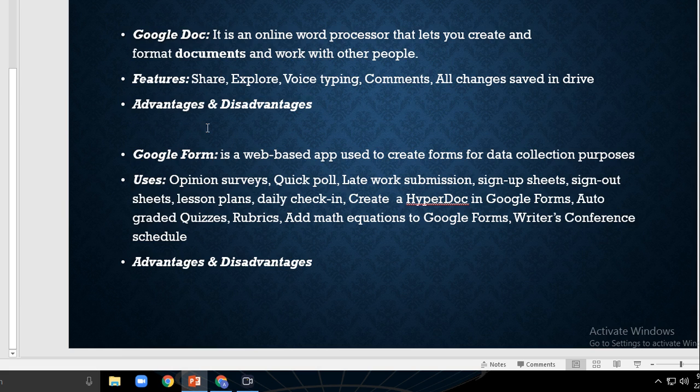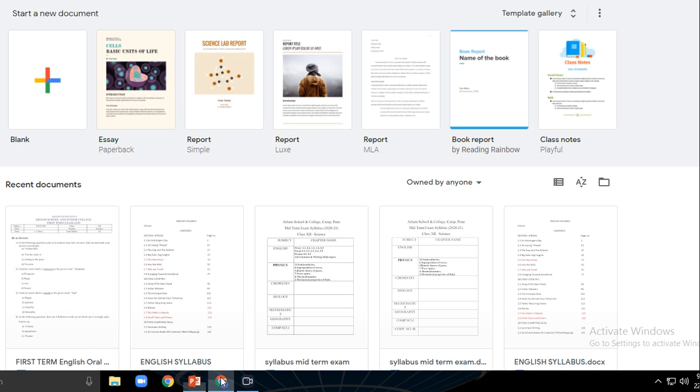I hope you have understood what Google Doc is now. We have seen what Google Doc is, and I have shown you how to find it. You just have to go on Google, and type there Google Doc, and so many options you will get here. See here, you get a blank document if you want to write an essay, report, anything, and you can share it. If you're sharing with people, they can also edit it, they can add information to it. All this is possible in Google Doc.